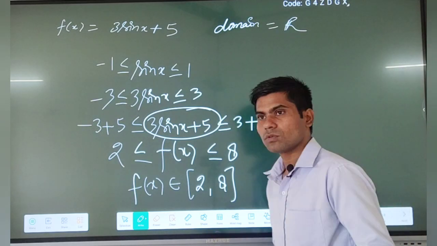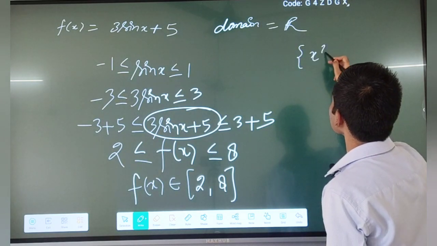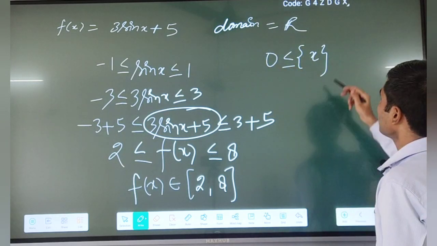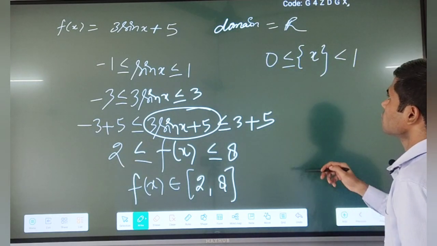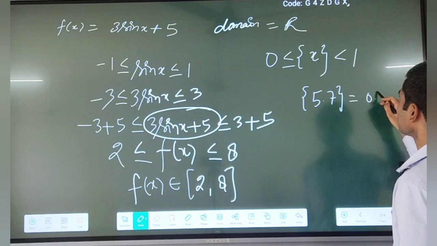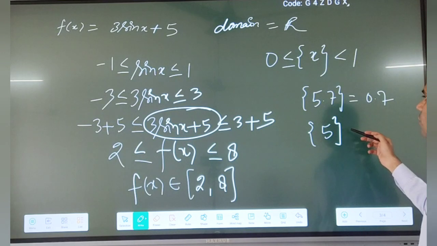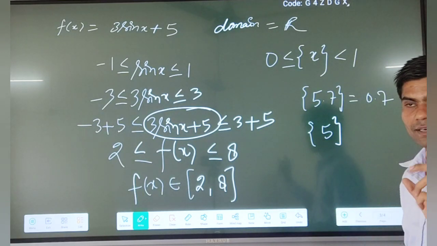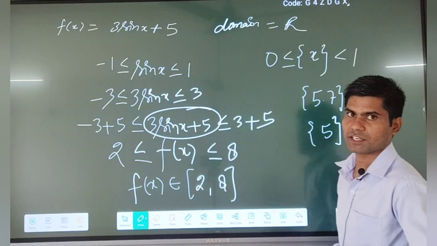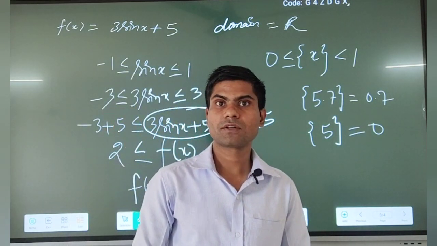And you must know a few properties related to functions, like suppose you have the fractional part function. What is the minimum value of the fractional part function? 0, but less than 1. Suppose you are finding the fractional part of 5.7. What is the fractional part of 5.7? 0.7. Suppose you have 5. What is the fractional part of 5? There is no fractional part, it is a whole number. So it will be 0. So these are the properties of the fractional part function. So you need to revise all the properties related to functions. So this chapter will be easy for you.